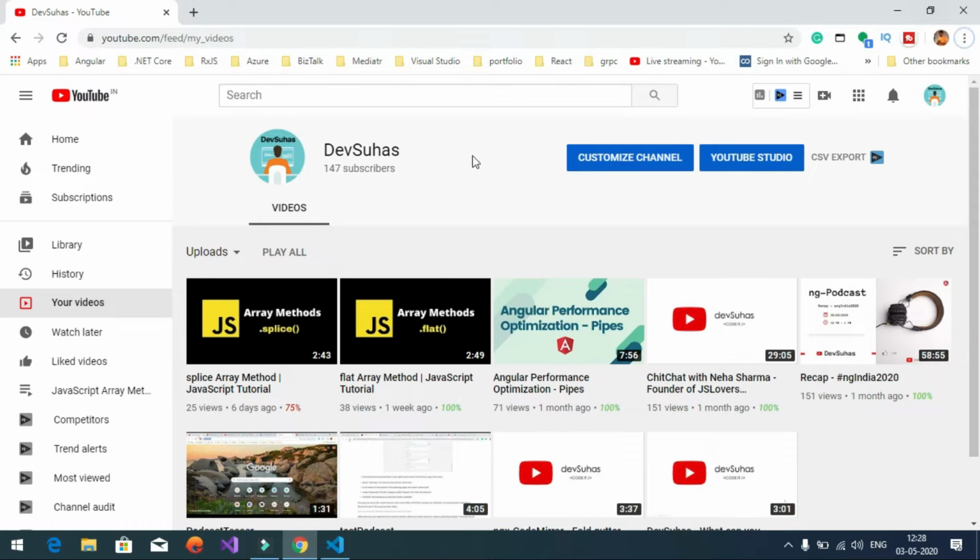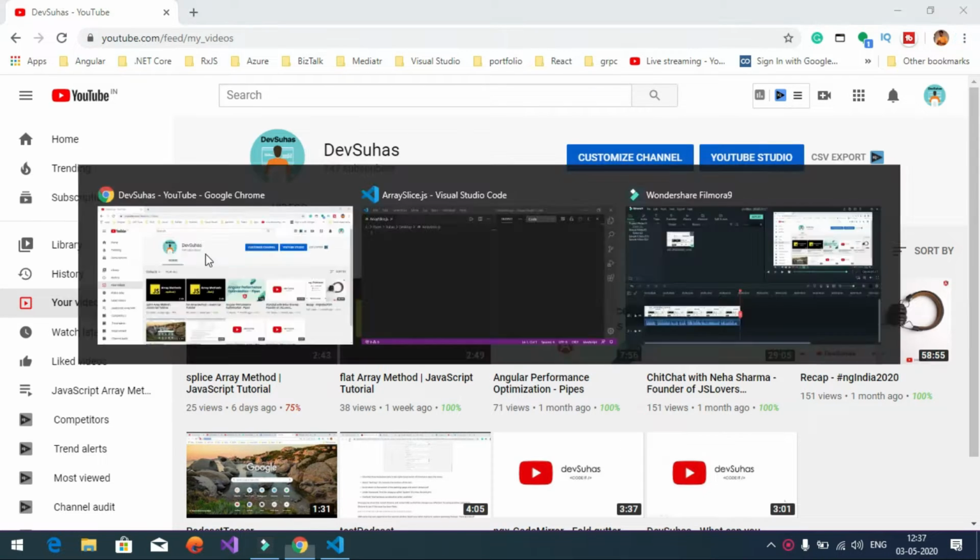So previous week we explored the splice method in JavaScript, such as how it can be used and what the exact use of it is. And also I'm making a playlist of array methods in JavaScript. So this week we are going to explore the slice method and see what the exact use of it is, and also explore how it can be used. Okay, so let me move on to Visual Studio Code to show you how slice can be done.